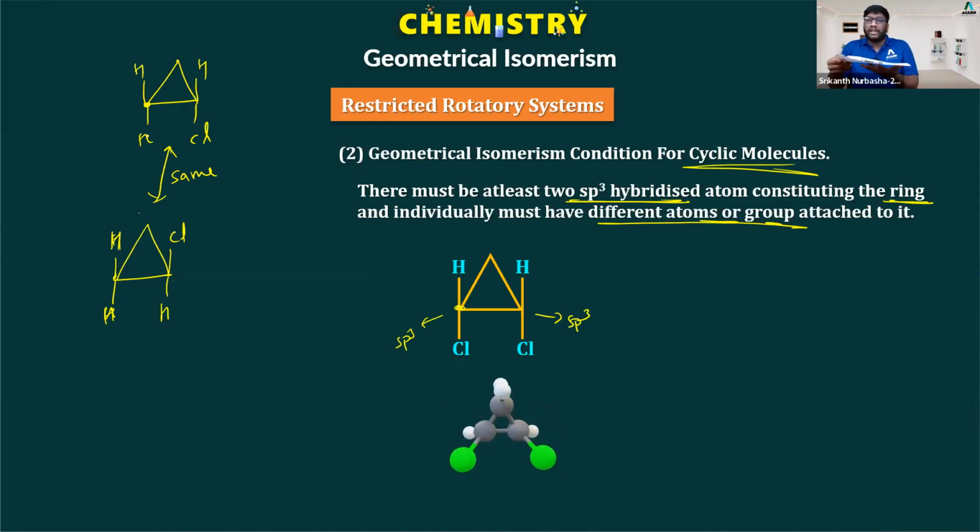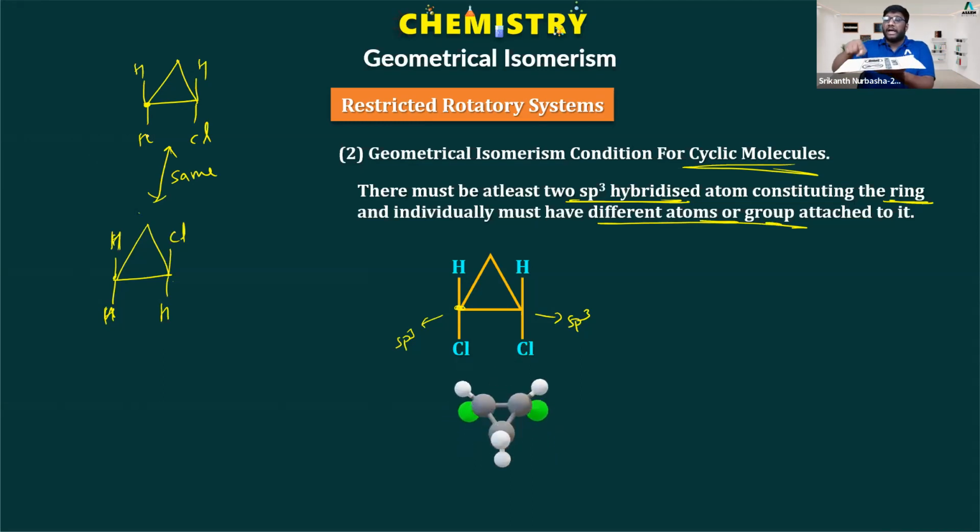Yes or no? I can have a paper like this: a 3-membered ring with hydrogen above, hydrogen below, chlorine above, hydrogen below. Now I am looking at the molecule from the top. For me, chlorine is above, this hydrogen above, hydrogen below, hydrogen below. For a person looking from the bottom,